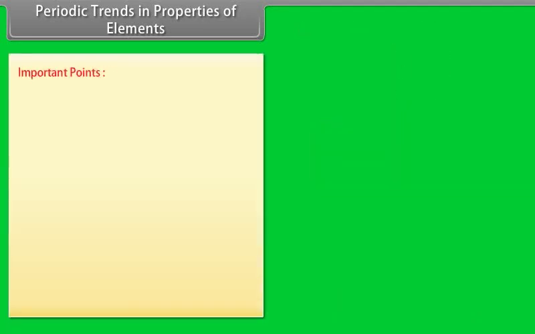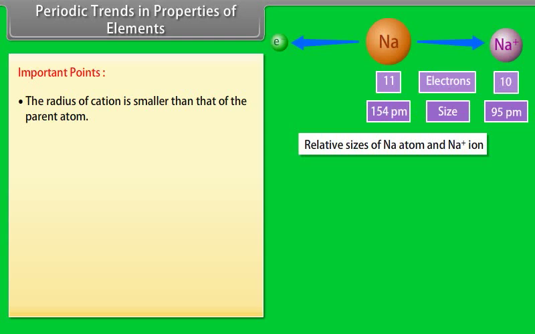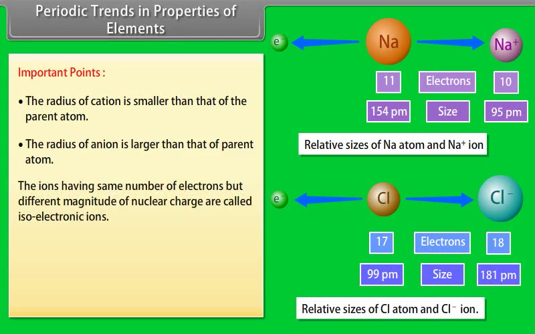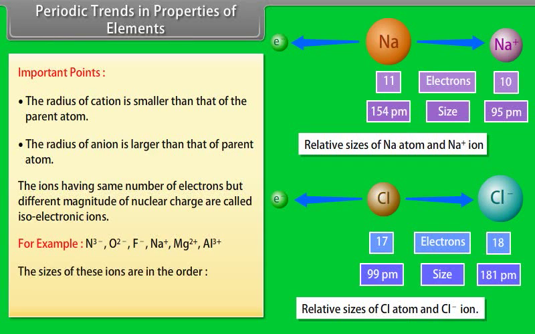Important points. The radius of cation is smaller than that of the parent atom. The radius of anion is larger than that of parent atom. The ions having same number of electrons but different magnitude of nuclear charge are called isoelectronic ions. For example, the size of these ions are in the order